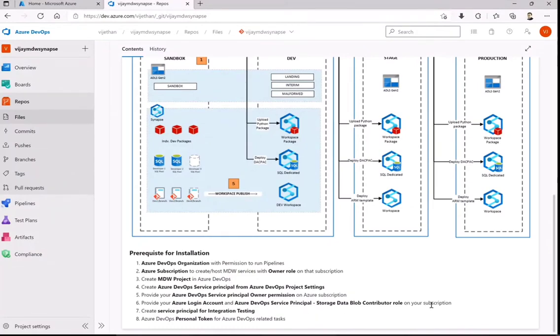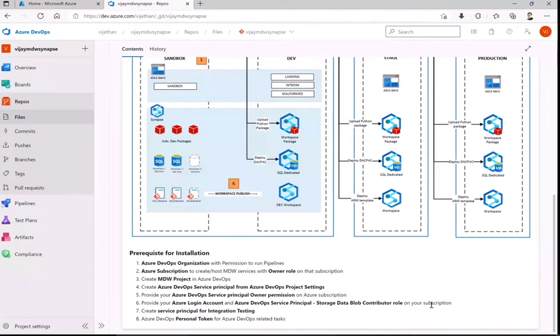Ideally, this is not required on your subscription, but to ease your process, if you are working in and out with this kind of environment, it is better to have it on the subscription, so that even if you create this environment a couple of times, you have these rights on whatever storage accounts you are going to create from the data lake perspective.